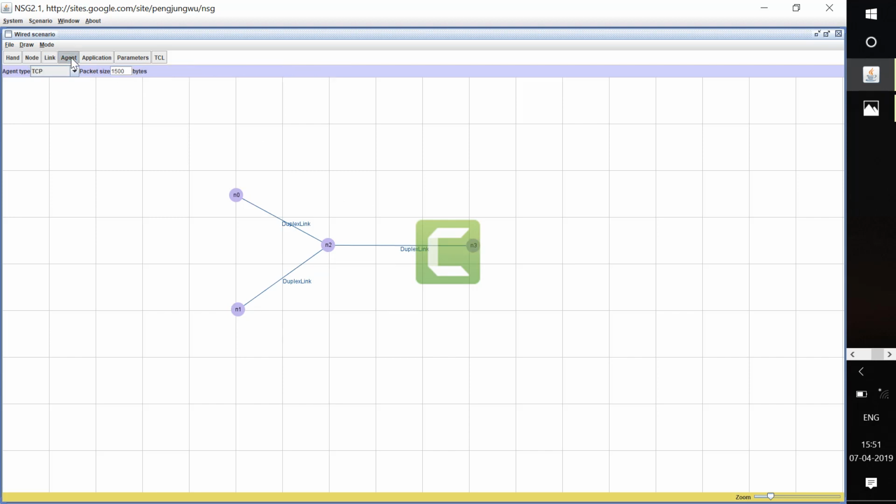After creating the links, you need to make the sources. In order to make a source, you need to connect a TCP. Then here we need to connect a UDP. Two different sources, one TCP and one UDP. Then we need to connect a TCP sink, then null. And we need to join these.